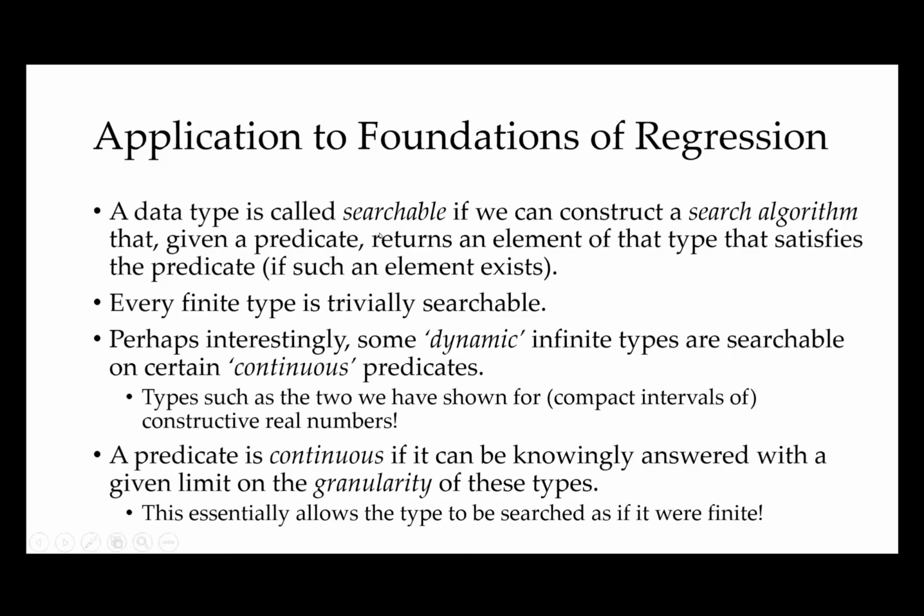And these types are all exactly the ones that we can define this convergent global optimization on, because what we can do is the predicate is find the global minimum up to this epsilon, and that's a continuous predicate because we know there's a limit using the continuity of that function. We know there's a limit of granularity we have to go up to, and now this is essentially a finite process. But the way it's done is in this dynamic way, which means that we're not just looking at every single point, but we're searching it in a clever way. And once we've done this, we can build even cleverer ways of searching this while not getting rid of our correctness